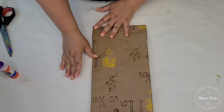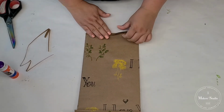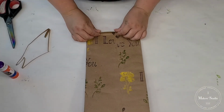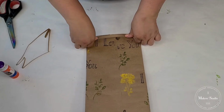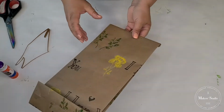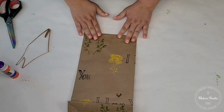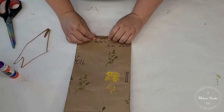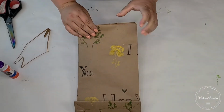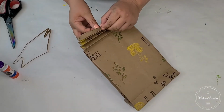That's looking so good. And we just want to fold it like an accordion. So we're gonna fold one side. We're gonna flip it and fold the other side the other way. And we're gonna try to keep it as straight as possible because it's easy to start tilting it. But just as straight as you can. And we'll do that a few times, maybe about 6, 7 times. All right, so then we want to,